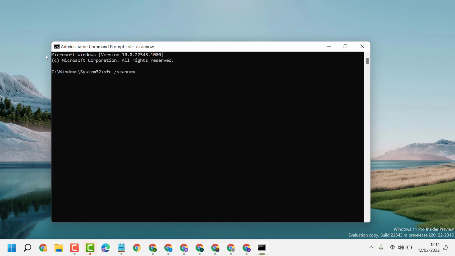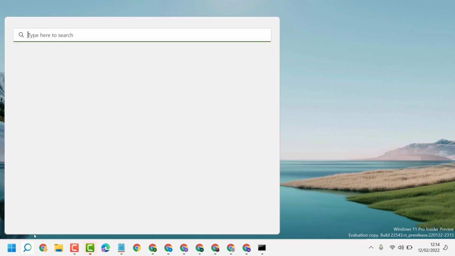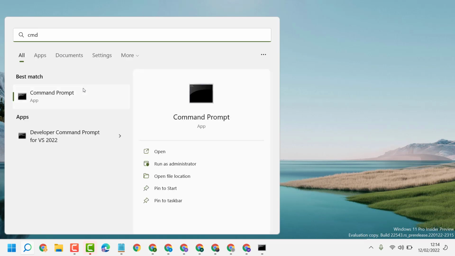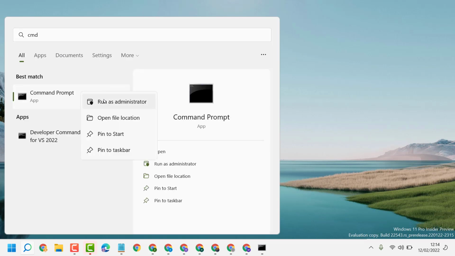once this completes, restart your PC or laptop, and after restart guys, again type here cmd, right click on command prompt, run as administrator,